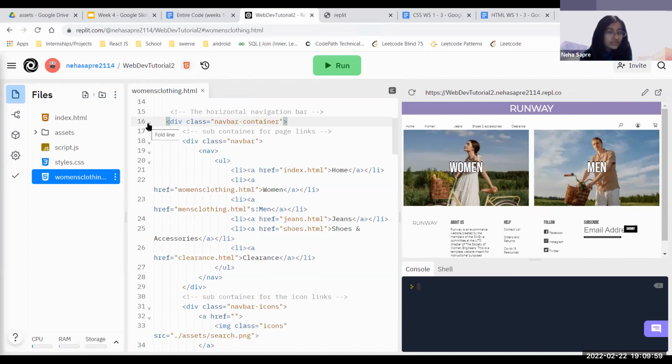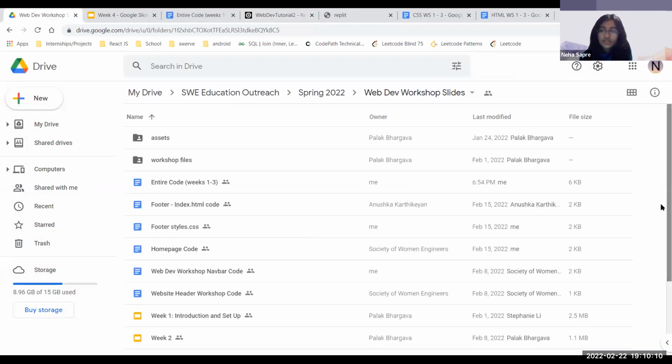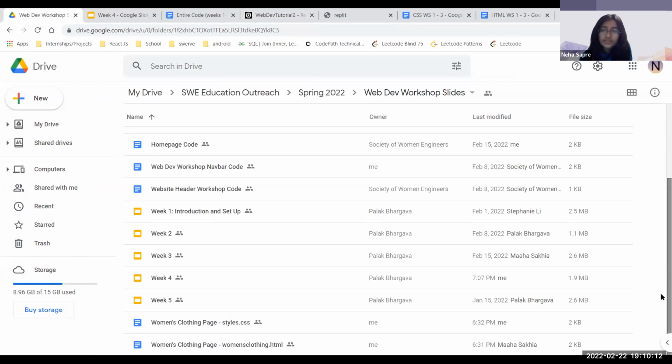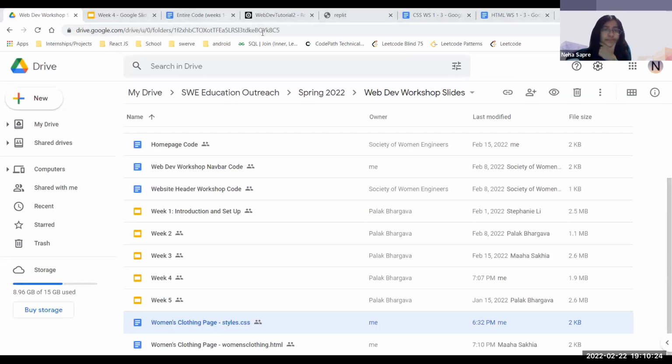Yeah, so women's clothing.html has the entire code. We can also use that. What was on there? I think that was the one, that's the one that you can cover actually, because that has all the, I think we can show that at the end if anybody is confused. So